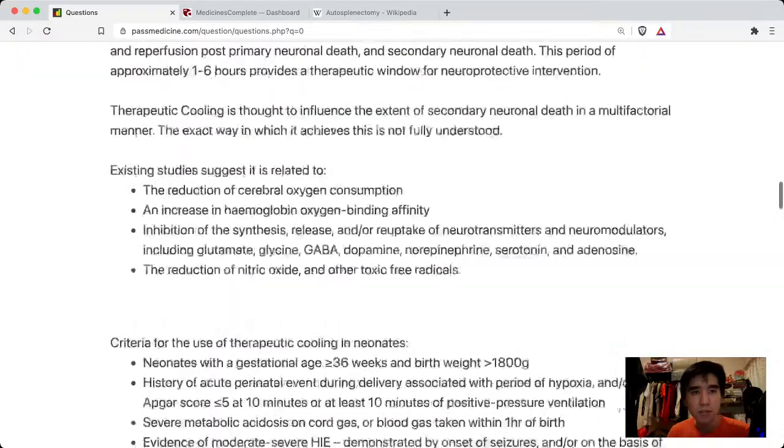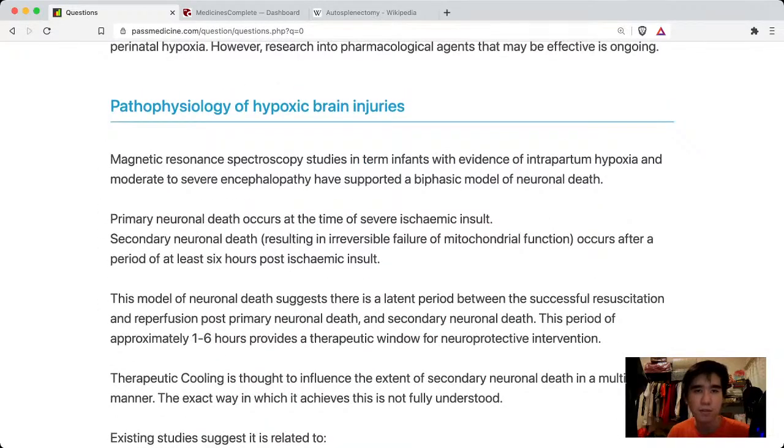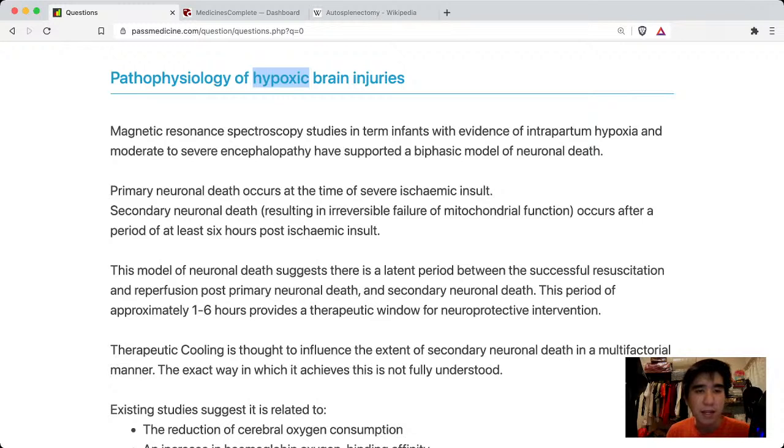The pathophysiology of hypoxic brain injuries. Magnetic resonance spectroscopy studies in term infants with evidence of intrapartum hypoxia and moderate to severe encephalopathy have supported a biphasic model of neuronal death. Primary neuronal death occurs at the time of